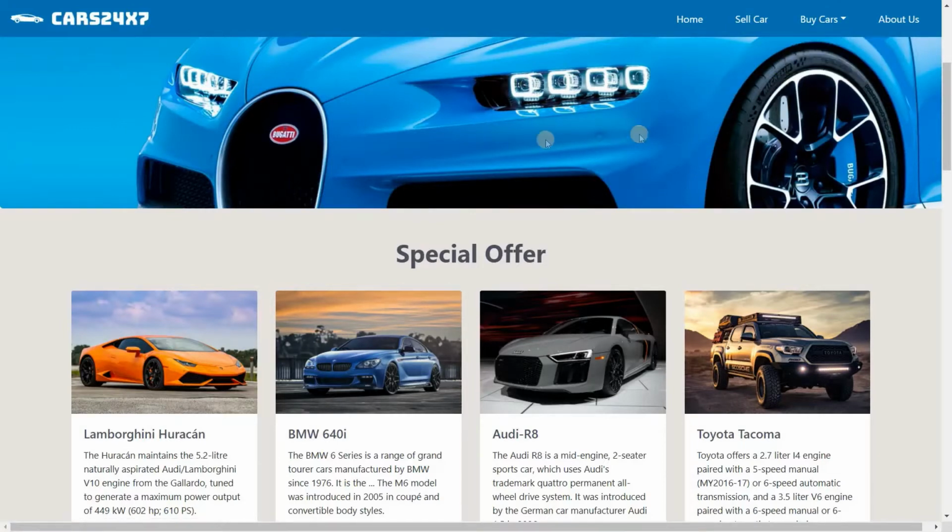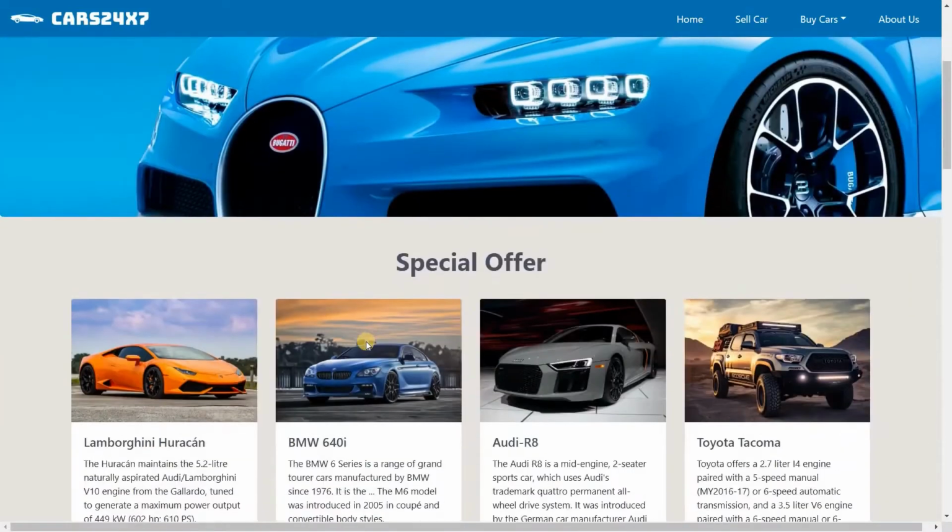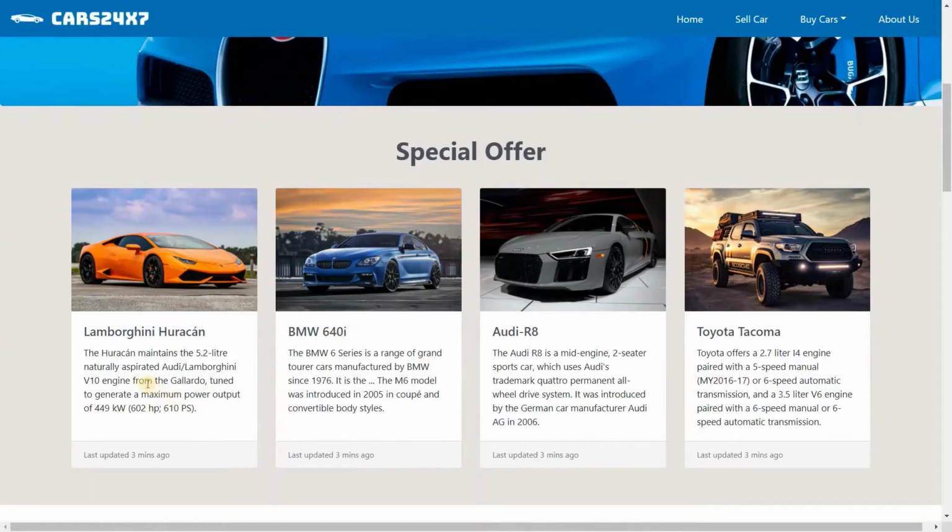Moving ahead, we have this jumbotron, which contains a nice looking image and the specifications related to the website. Other than that, we have created these cards for recent special offers of different cars.